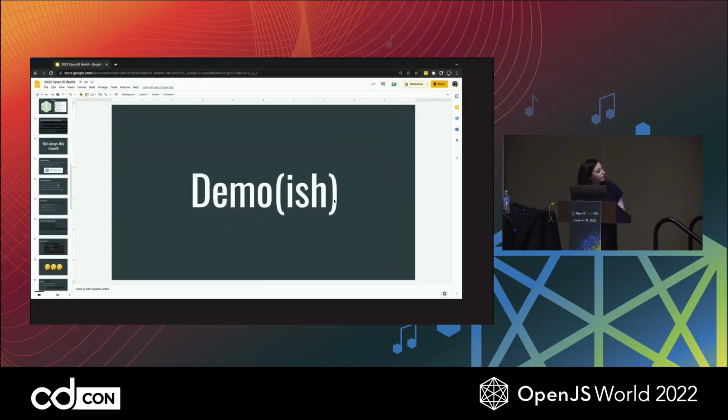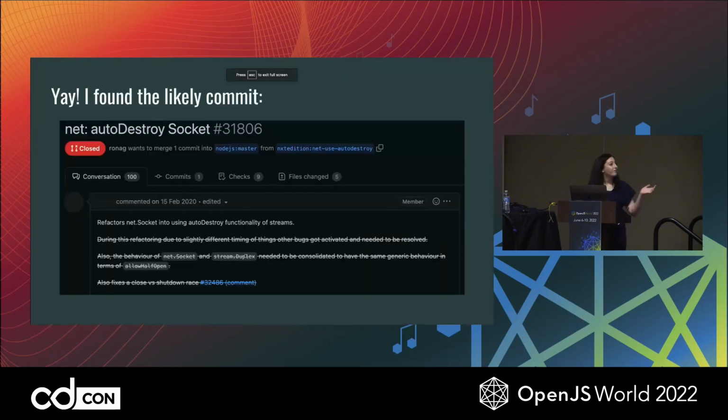This is really difficult from where I am. Okay, right, so I found a problematic commit. Great. So what you could do here is look at the file diff, look at the changes, try and figure out